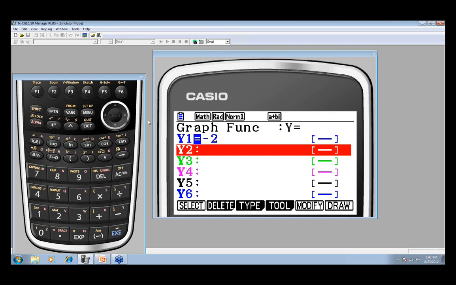In order to pull up a derivative of a graph, that is an option. I don't know if you remember earlier when we pressed option before how we saw calc as one of the options available. Well, we're going to use calc this time. When we press F2, we now see that we can do the first derivative or the second derivative.